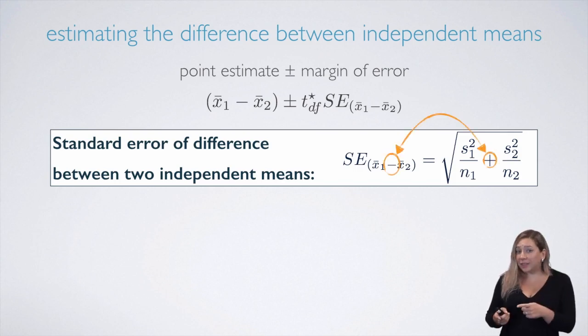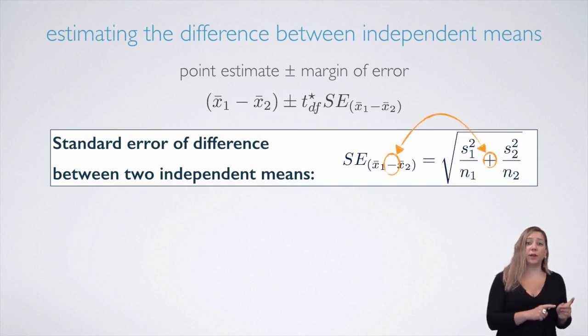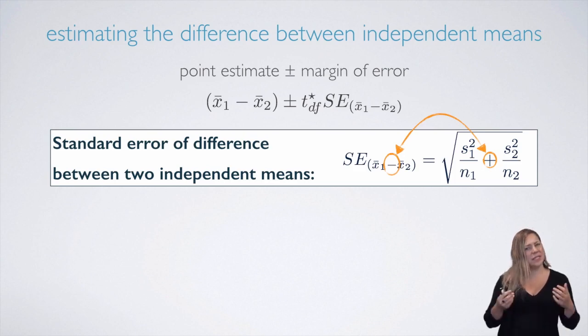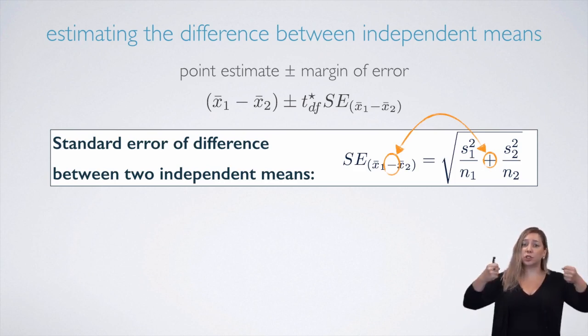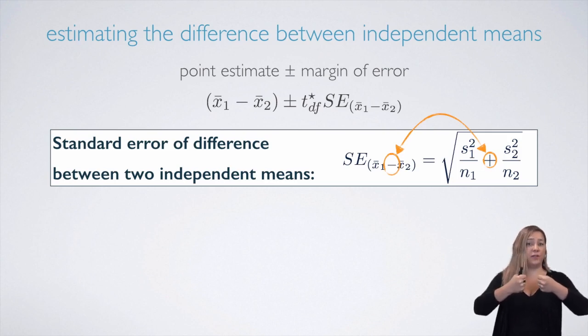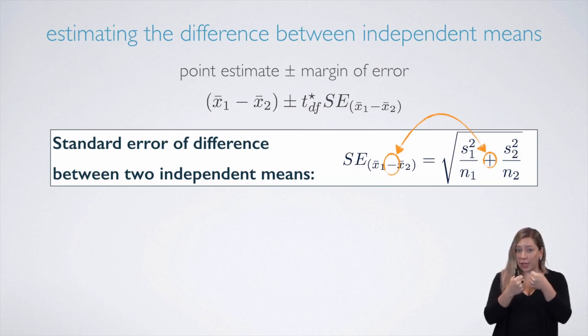Note that we add the two variances even though we're looking for the standard error of the difference of the two means. This is not simple to prove mathematically with only the tools we've learned in this course so far, but conceptually you can think about it as bringing together two measures with an inherent variability around them. These are two sample means. When you bring two unknowns together, the result should always be more variable, regardless of whether you're adding them or subtracting them.